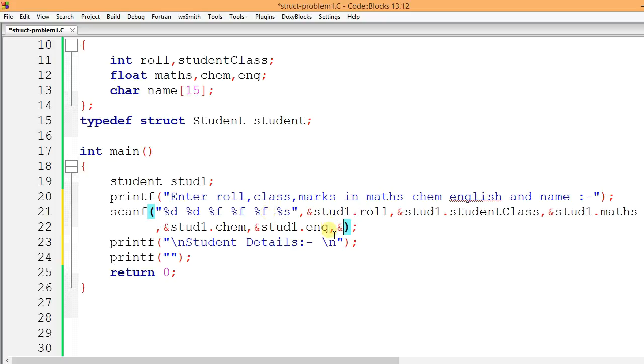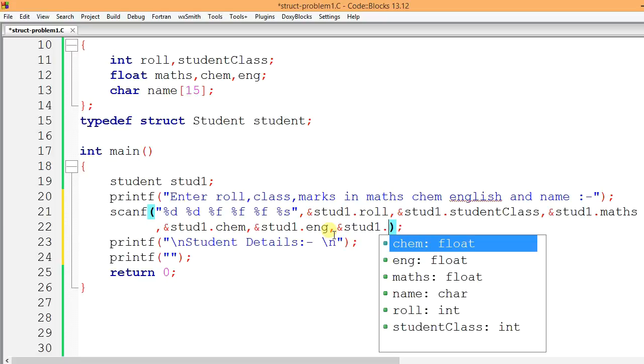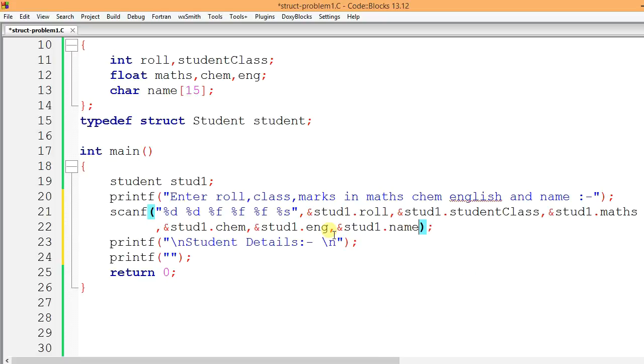Then give an ampersand sign, stut1 dot name. This is how you can also include their names. Then print out name %s, then give a new line character, then